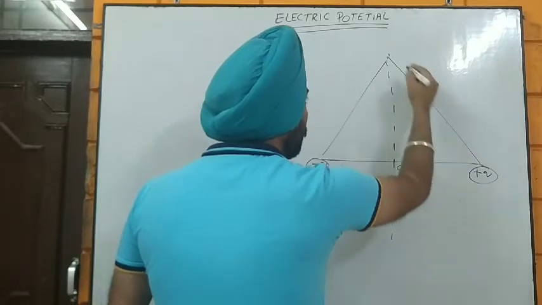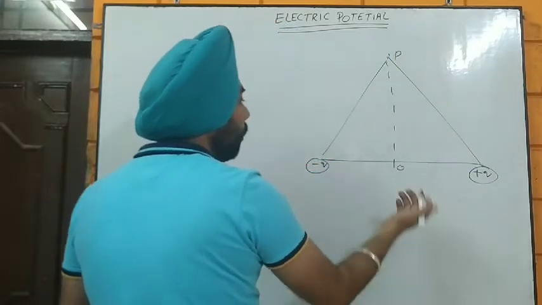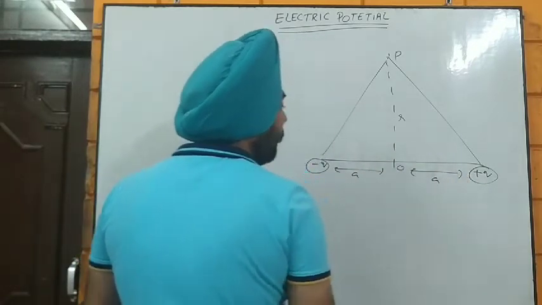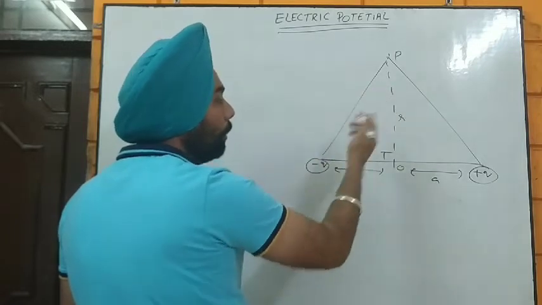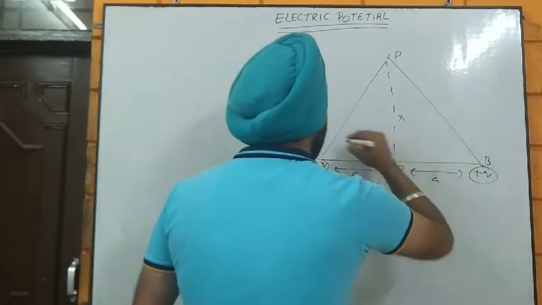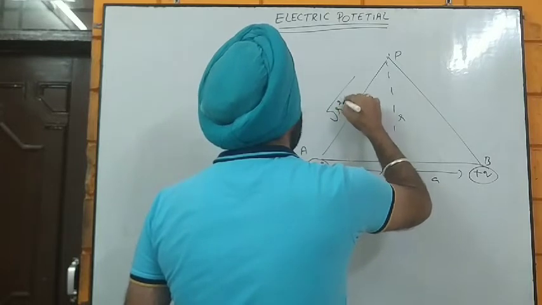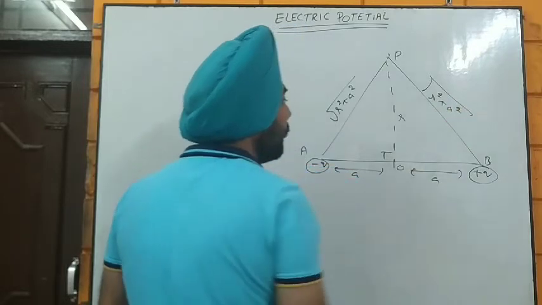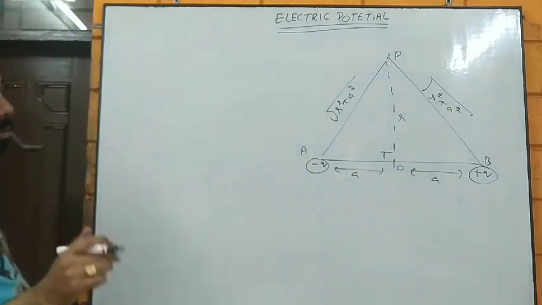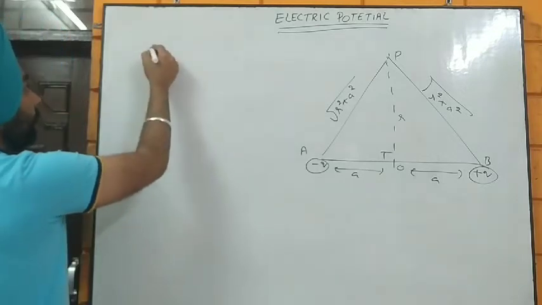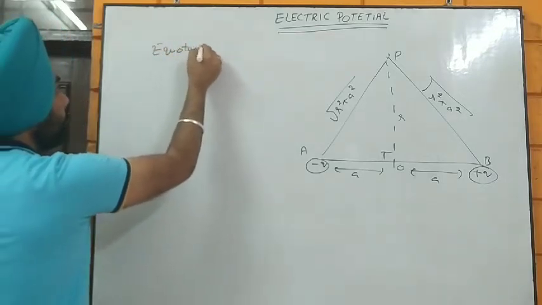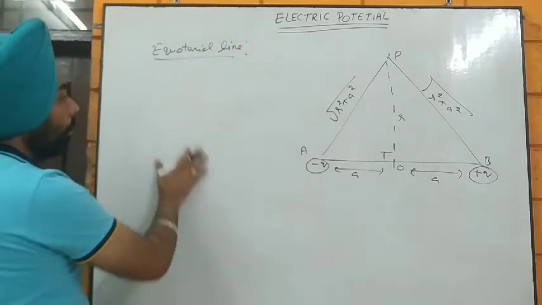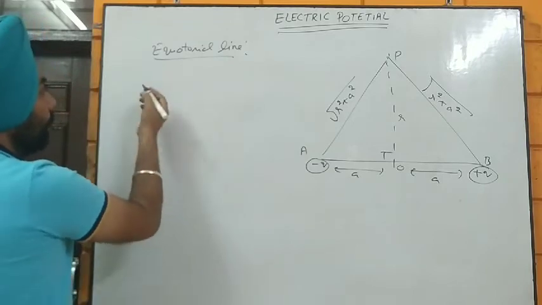So we are now supposing a point P here. Obviously if that distance is taken as r, and that is taken as a, and that is also taken as a, because that is perpendicular, by Pythagoras theorem you can easily get that value. So that is going to be the square root of r square plus a square. And it's the easiest of all the topics. Now, the potential due to the equatorial line on the electric dipole. So now this is going to be very easy.